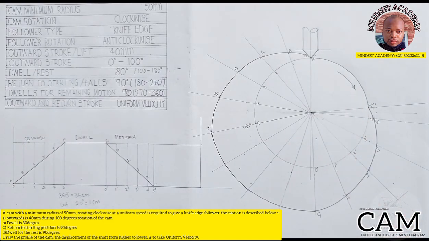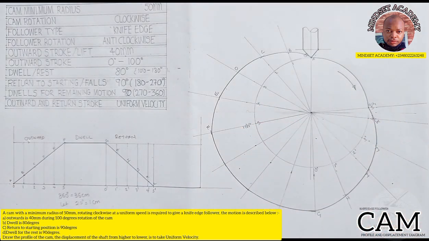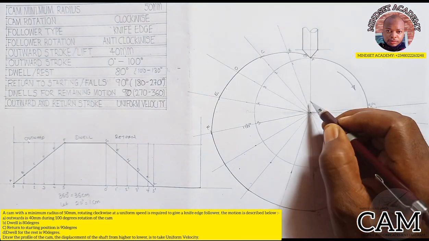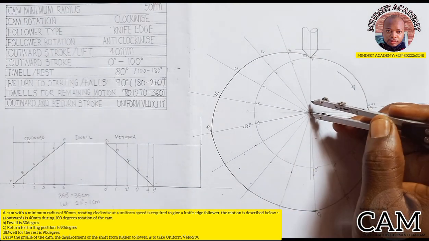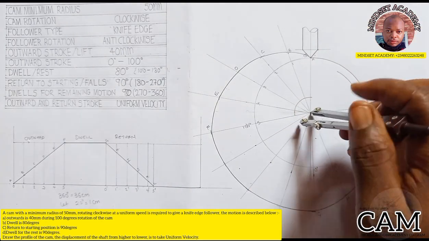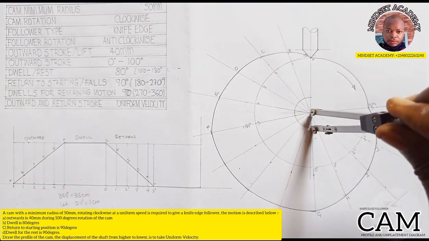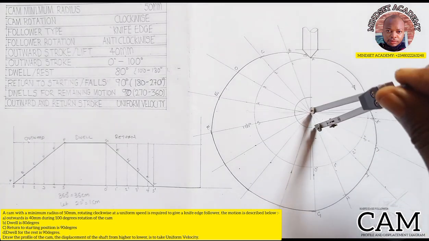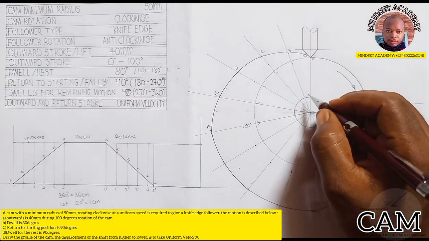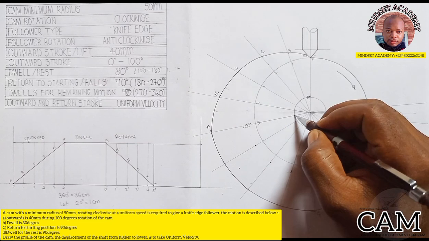So this is what we have. That is our cam displacement diagram, right? We should know very well that from this angle here straight down, let me put it carefully so you see what I'm doing. From here straight down to here, then from here straight down to here, then from here straight down to here. And this is what it means here. So I'll show you this angle here to this here